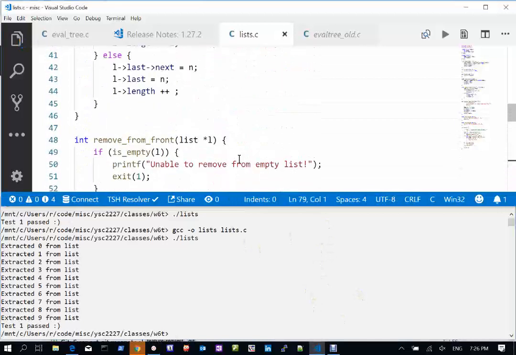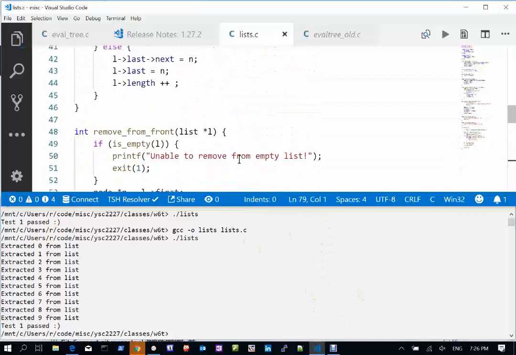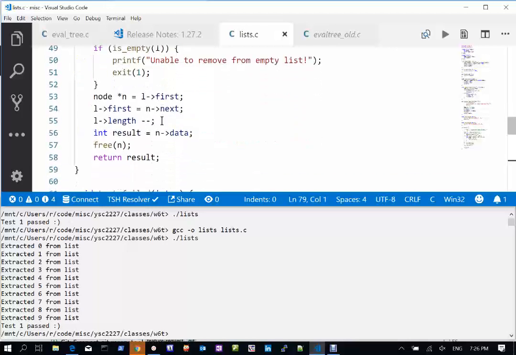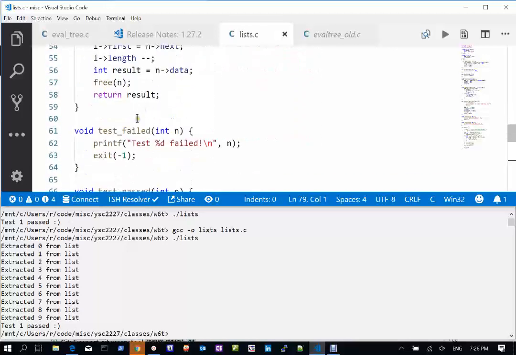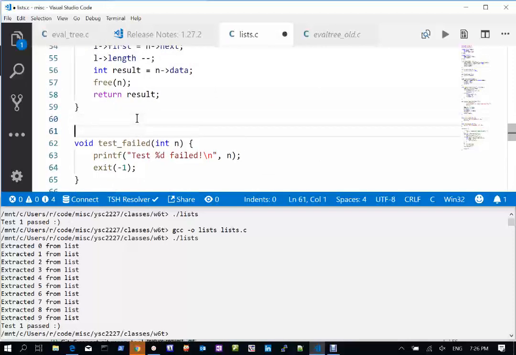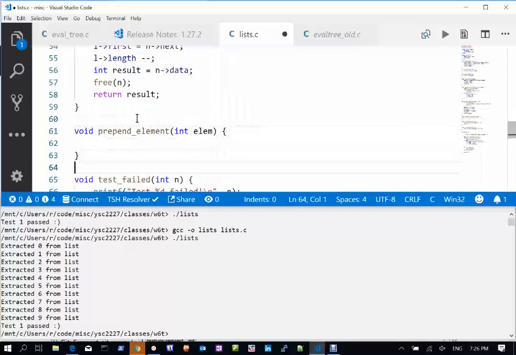All right. So let's try to prepend values, right? And then what can we do? We can prepend the values, then we can remove them and see that they are coming in reverse order, right? So we can have another test. So we're going to say void prepend element, int lm,